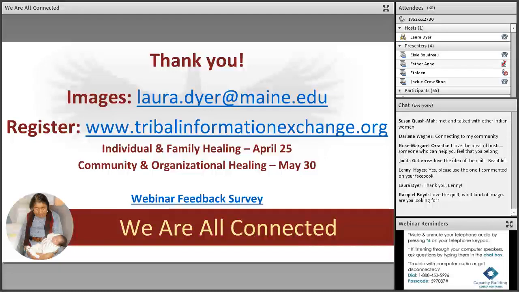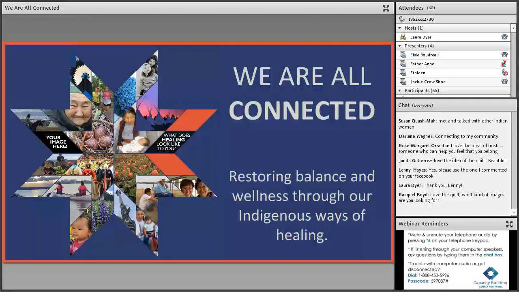So somebody asked what kind of images, and Laura, if you want to turn back to that quilt image, as you can see in that particular quilt there, healing can look like anything, right, Raquel? Sometimes it's just children. Sometimes it's, as you're seeing, gatherings. There's one there of a powwow. There's one there of some folks canoeing, running, sitting.